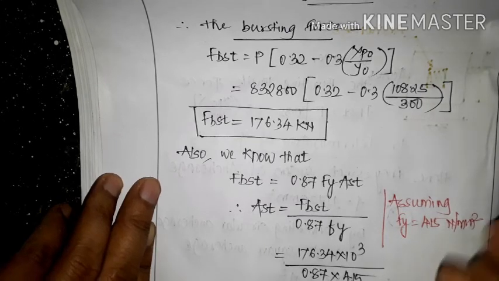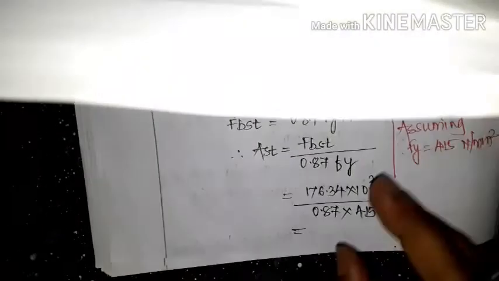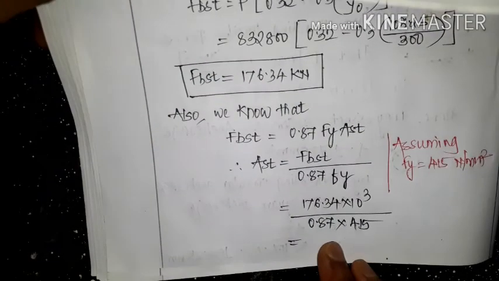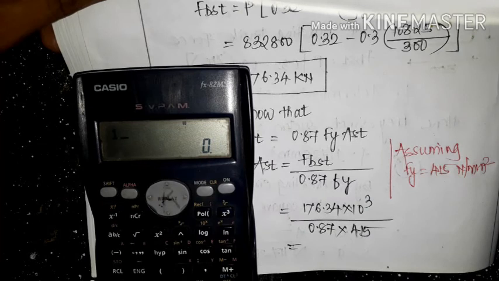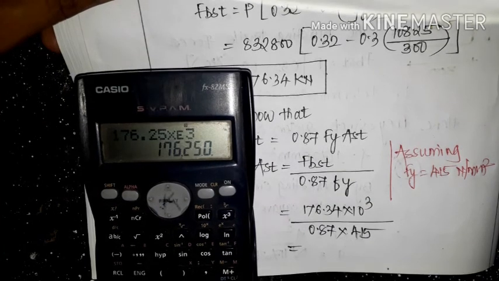So we'll check. It is 176.25 into 3 divided by